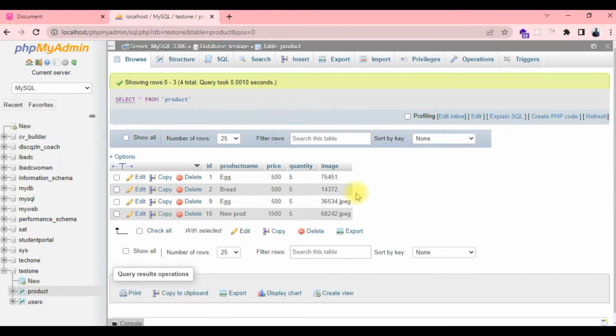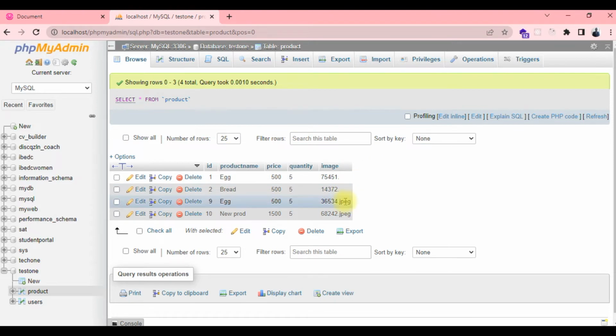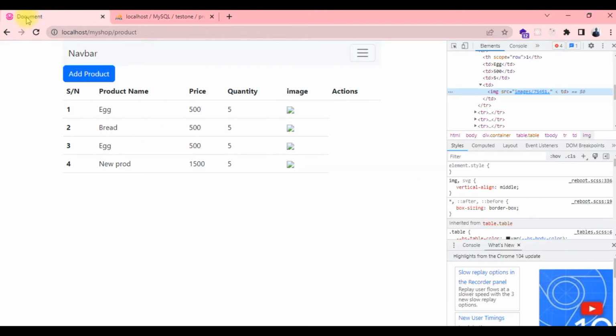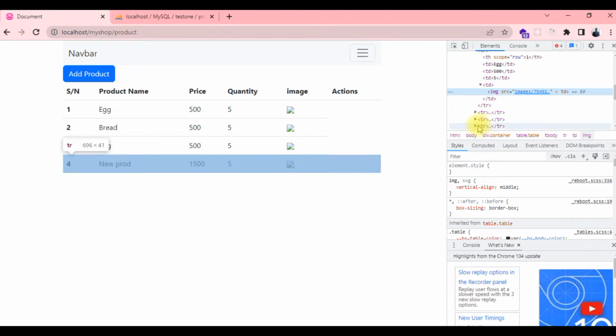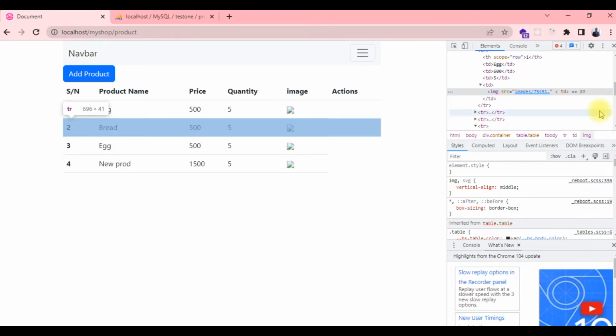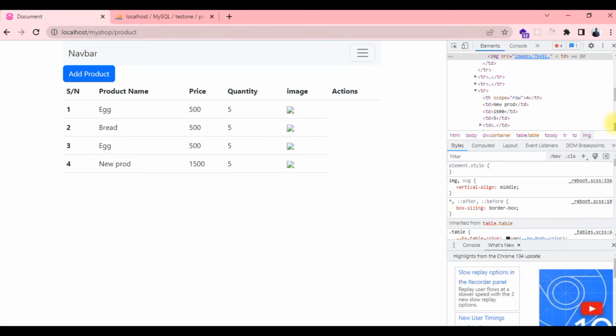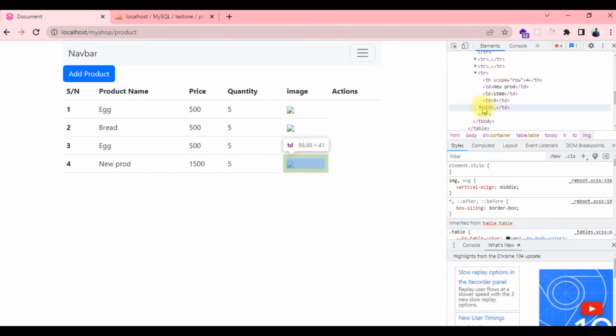Let's see. Okay, so we have two of the products without image extension, and we have two with image extension, but yet not all of them are showing. So we may need to check for others. Let me look at this one for instance to see what is going on and why it is not showing